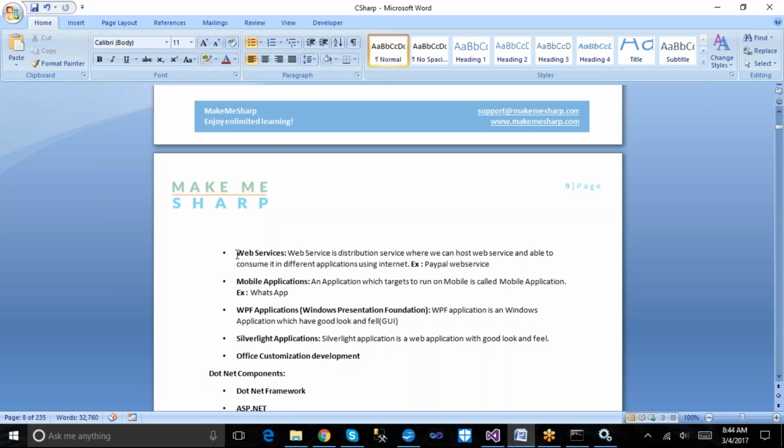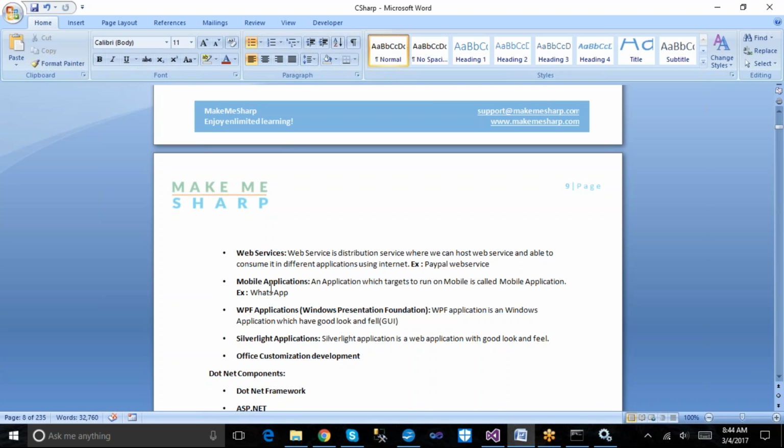Okay. But if I write the logic in one application, I can't call that logic from another application. That's why we are building the web service, from where we are reusing our code, which will reduce a lot of effort in our development as well. So that is the web service here.